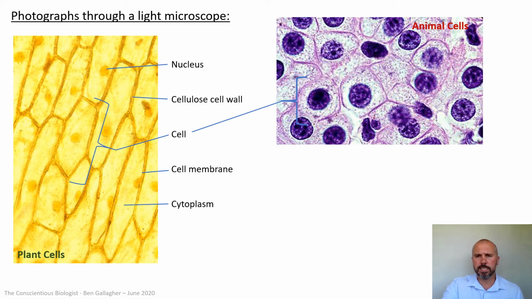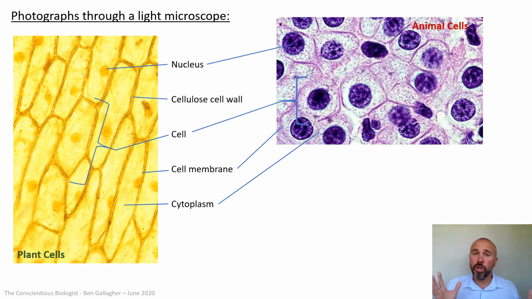But again, you can see a cell there. You can pick out lots of cells on there. The dark purple blobs are the nucleus inside each cell. So you can see the nucleus in these cells. These are skin cells. They take up a lot of the room there. You can see the cell membrane around the edge, and you can see cytoplasm inside all the cells. So again, a light microscope allows you to look at cells, but you can't look at much detail inside the